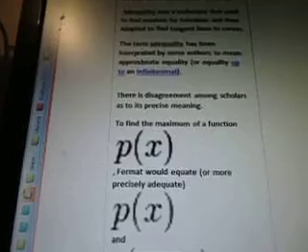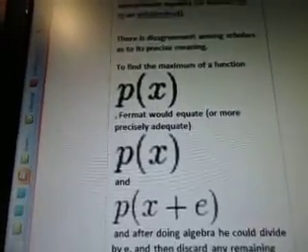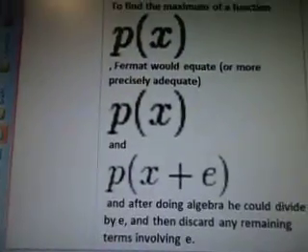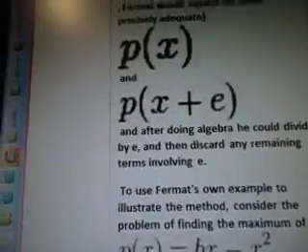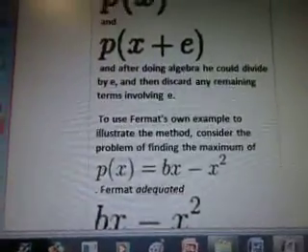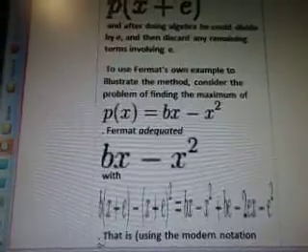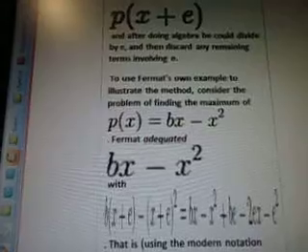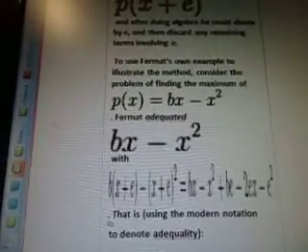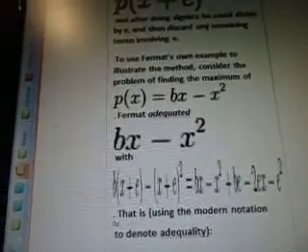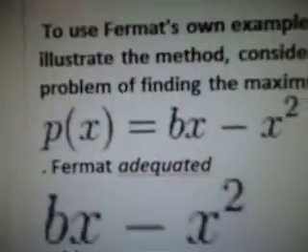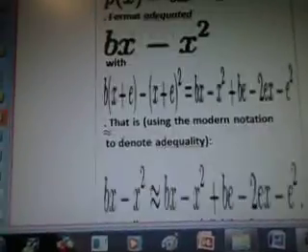To find the maximum of a function p of x, Fermat would equate, or more precisely adequate, this and that. And after doing algebra, he could divide by e, then discard any remaining terms involving e. To use Fermat's own example to illustrate the method, consider the problem of finding the maximum of that. Fermat adequated,